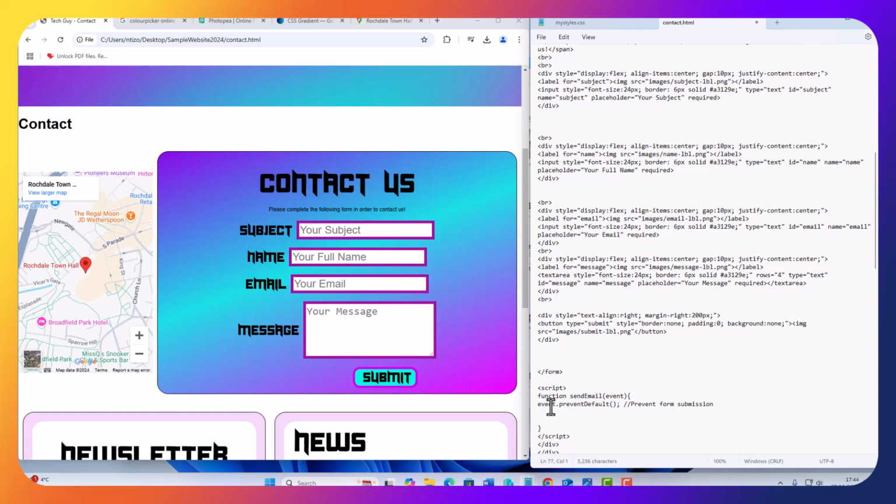So now we need to get the values. Let's put some programmer's comments: get form values. The first value we need to get is const subject, which is equal to encodeURIComponent,